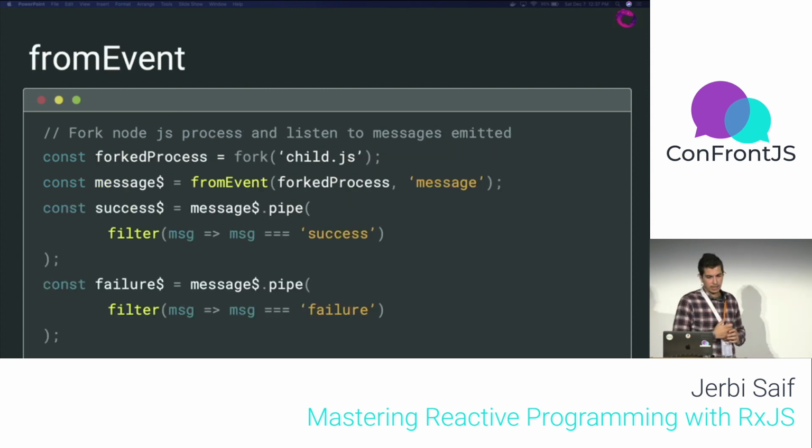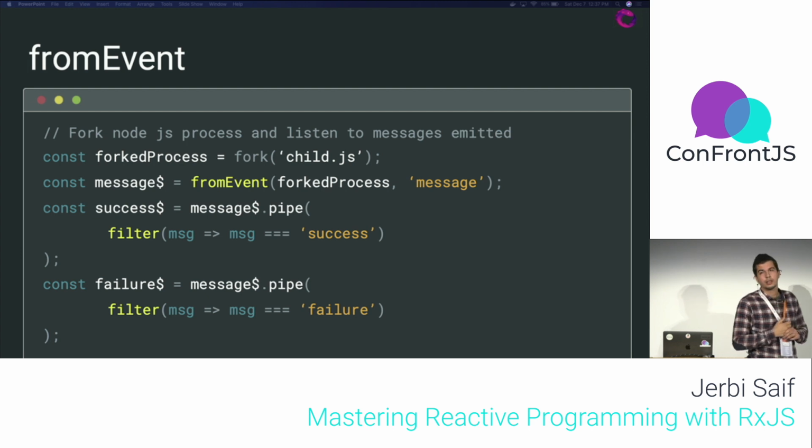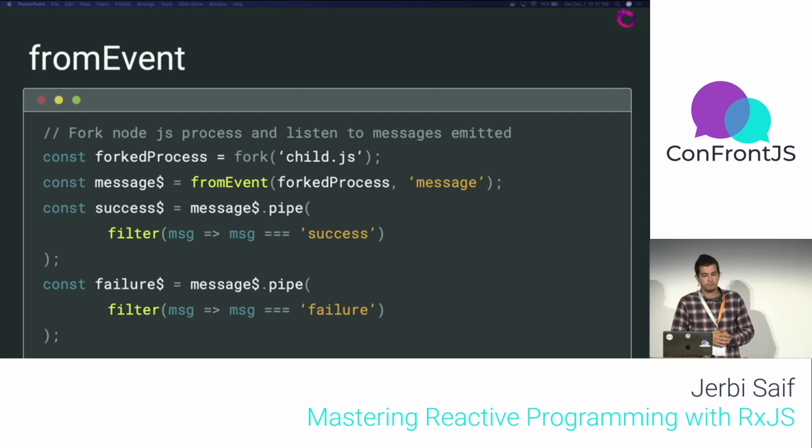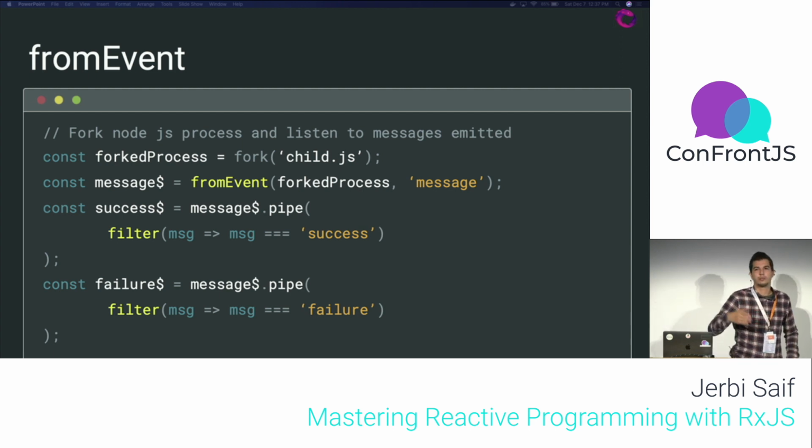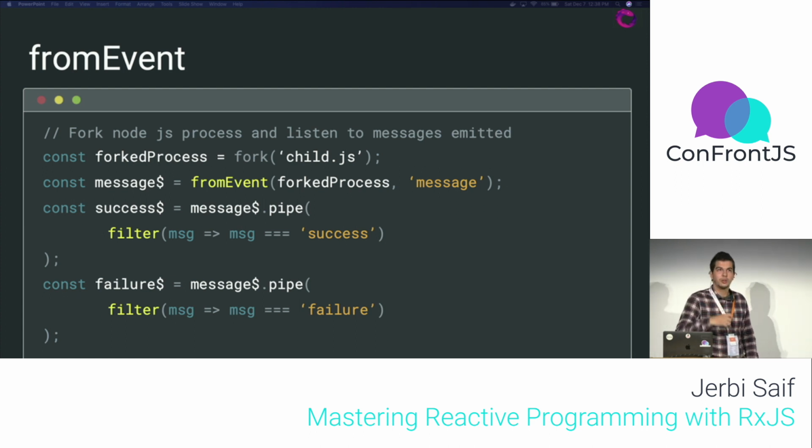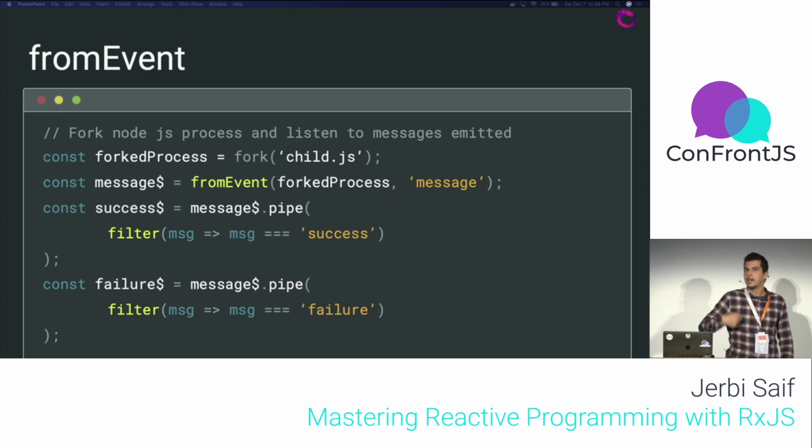I'm also doing some backend development, and I develop with Node.js. So I use RxJS also with Node.js, and I have an example for you. In Node.js, you can fork different processes. You can load a module and fork it into a separate process. To communicate between the main process and the forked ones, you use events because it's event driven. You can register a callback function, but I like registering